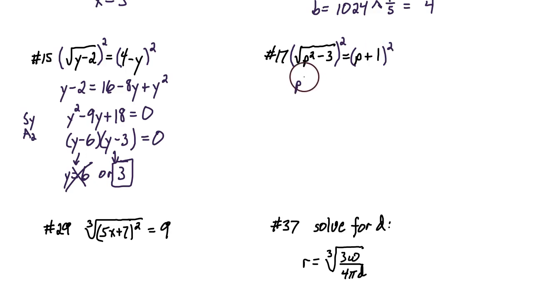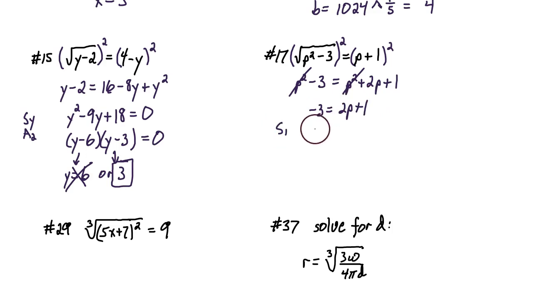That produces the expression that was inside the radical. And on the right side, again, we are squaring a binomial. So p squared plus 2p plus 1. Using subtraction, the p squareds will cancel away. So we have negative 3 equals 2p plus 1. Now we can subtract 1, getting negative 4 equals 2p, and then divide by 2 to get negative 2 is